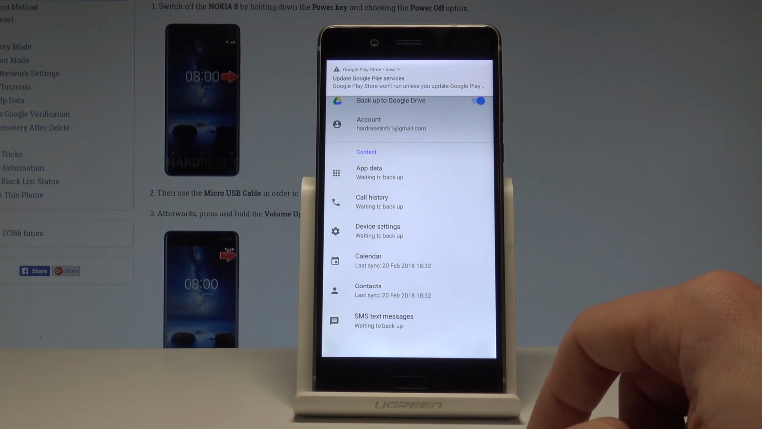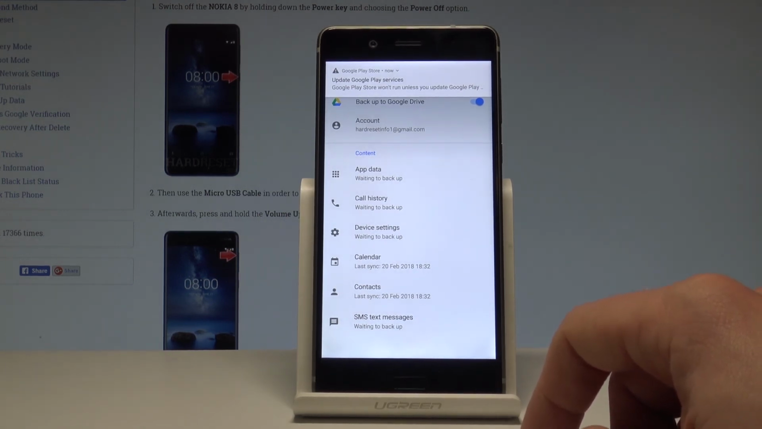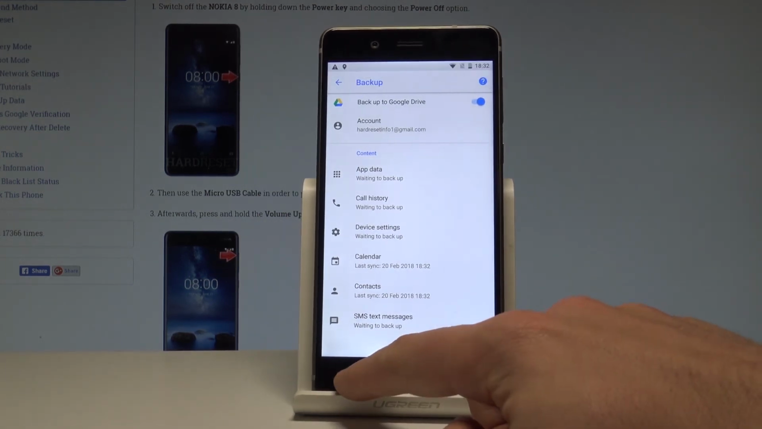So that's it. You just add necessary backup account and enable the Google backup feature. So you can go back and start using your phone